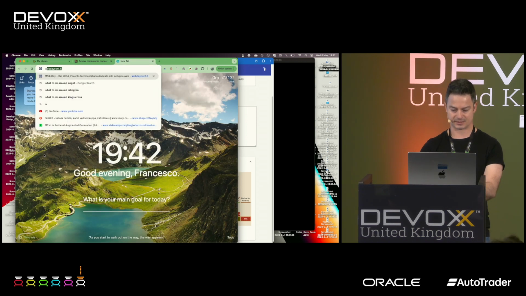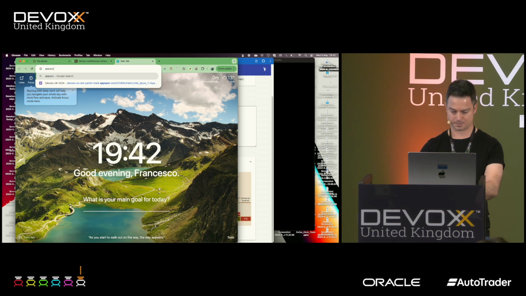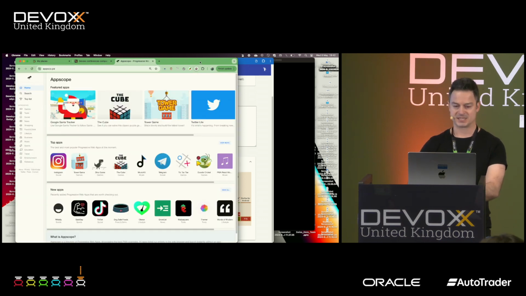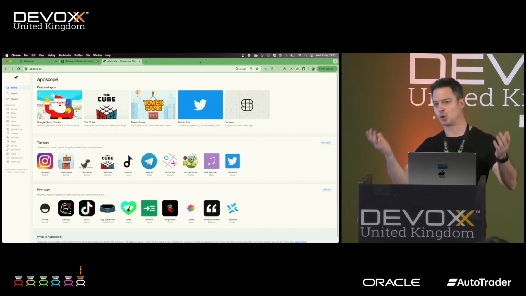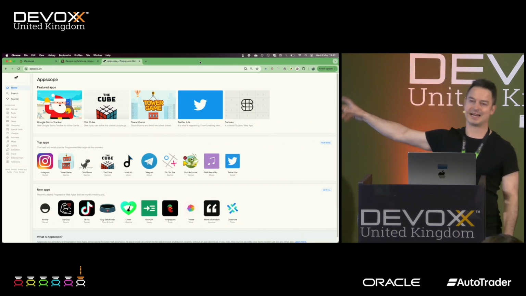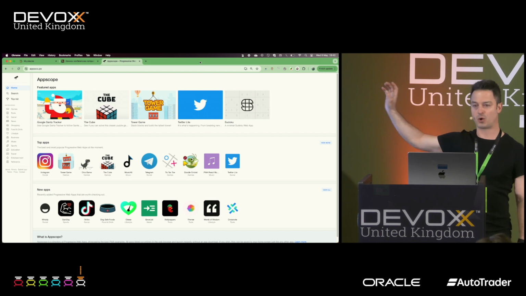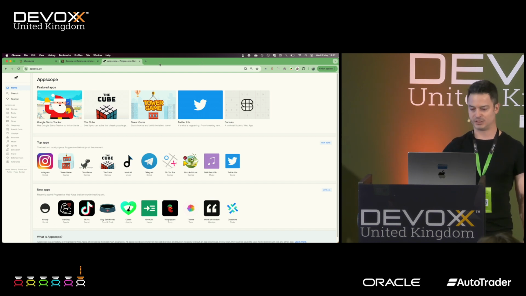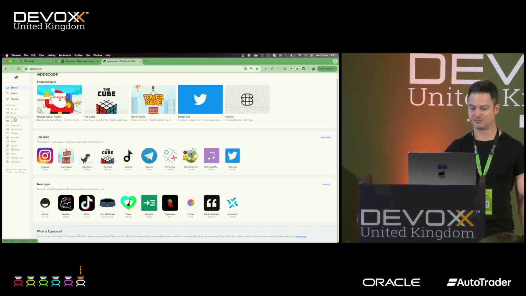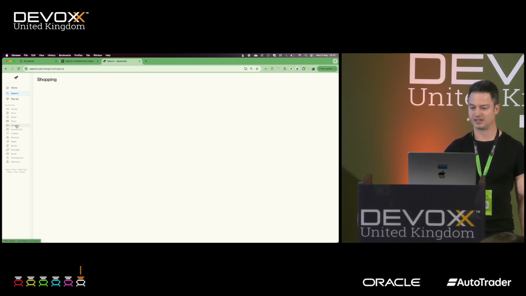There is Appscope. This is like a gallery of applications. All these applications are PWAs. So you can see you can really achieve non-trivial applications by category and so on.